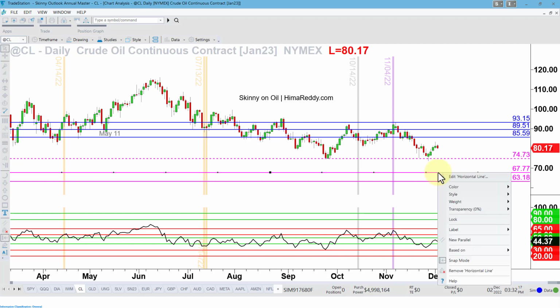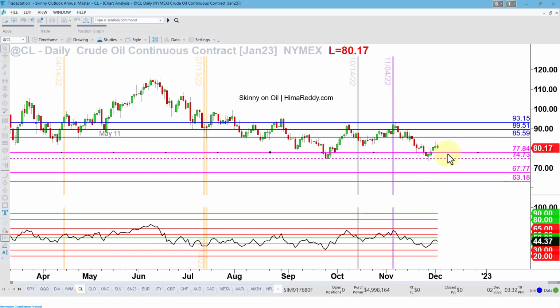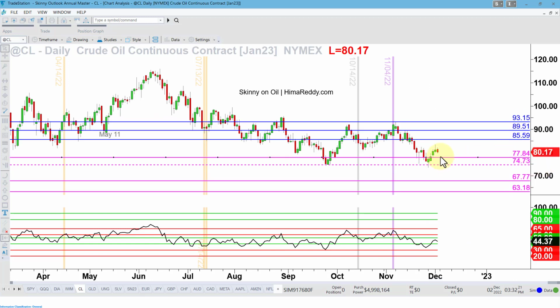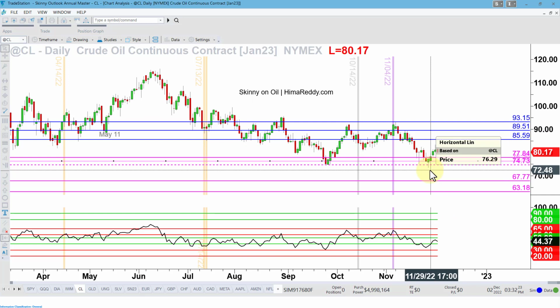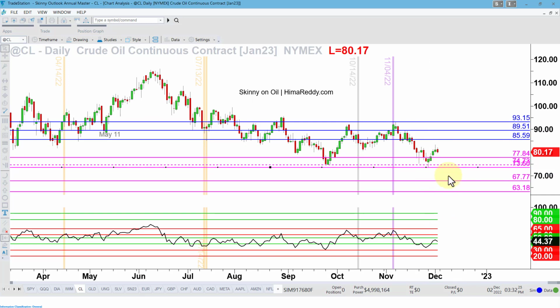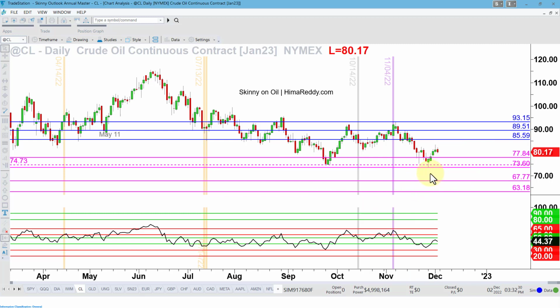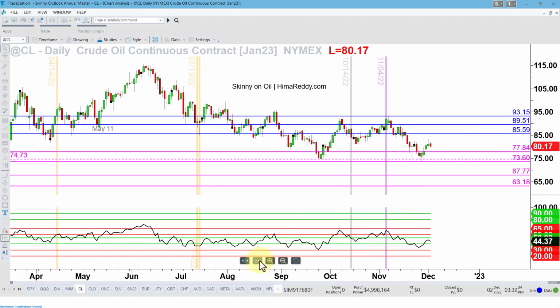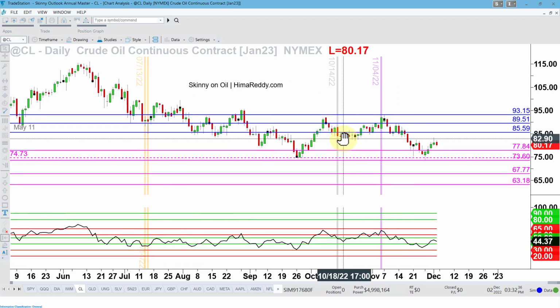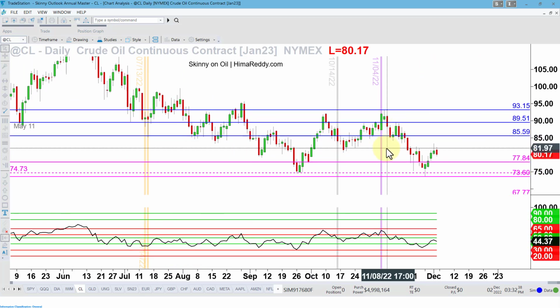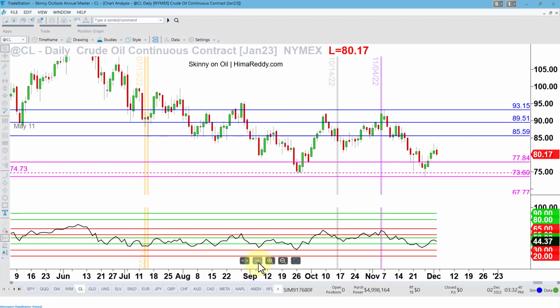Then I'm going to look at support that's developed on top of that. What I see now is that we actually have more significant levels at 74.84 and 73.60, based off of the formation of this November 28th low. Now, if I zoom in and look at the most recent move off of this high from early November,